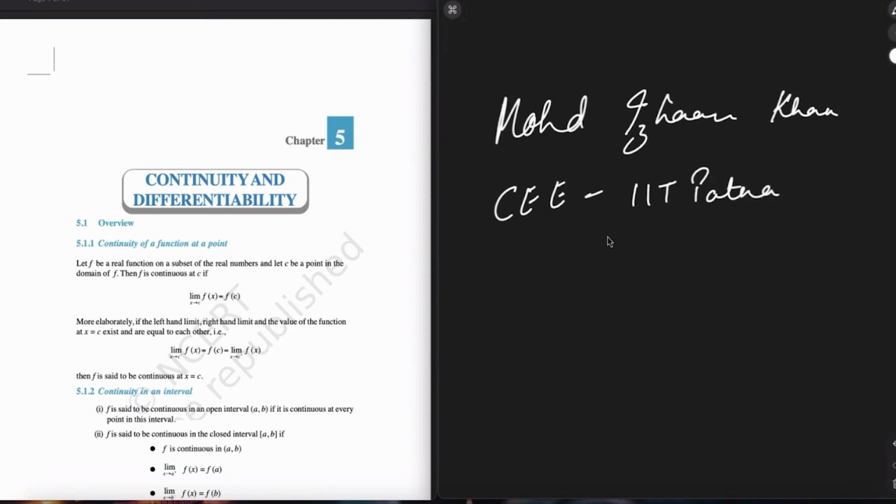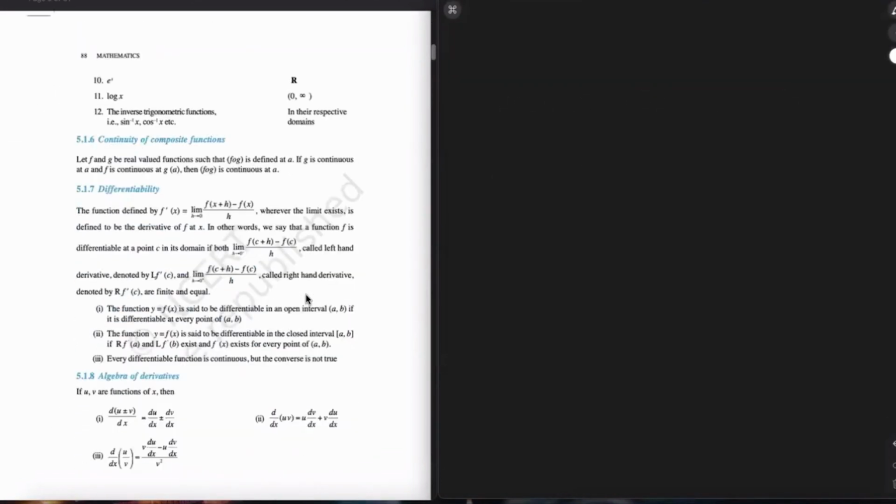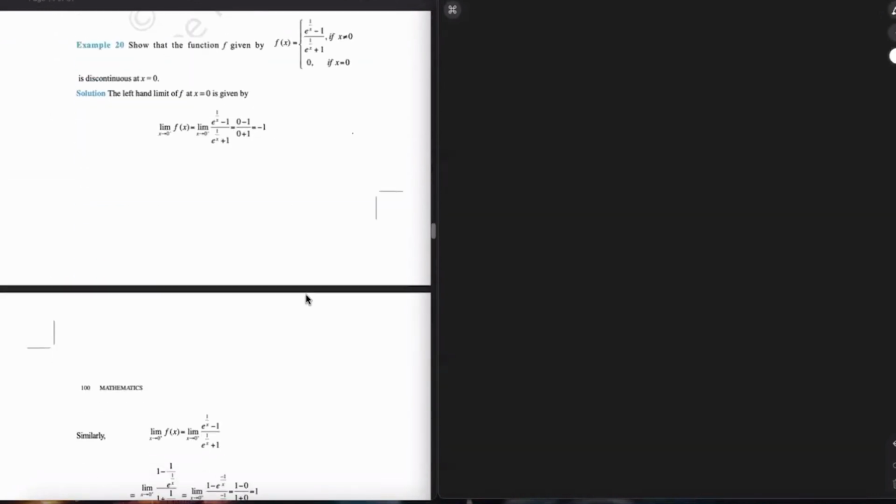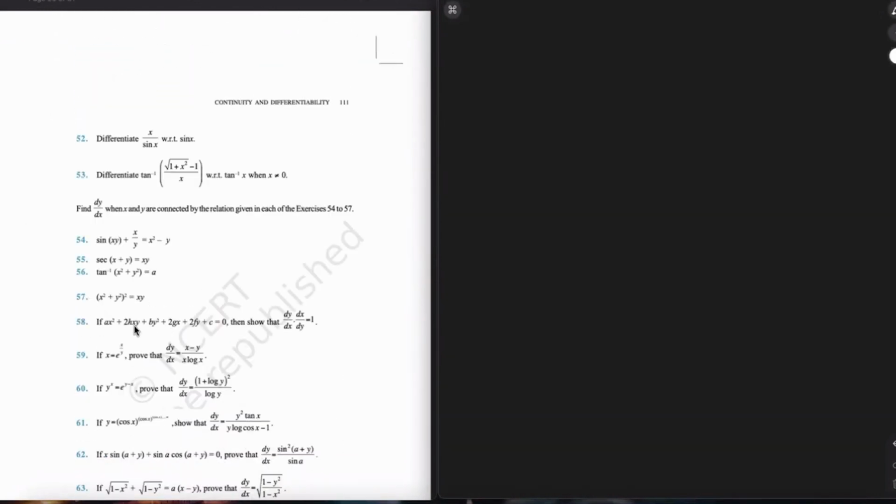So basically, we were solving the exemplar questions of continuity and differentiability for the past three classes. So now moving forward, I think we have to start from question number 56 today. So let's see. In question number 56, it has been given to us that tan inverse